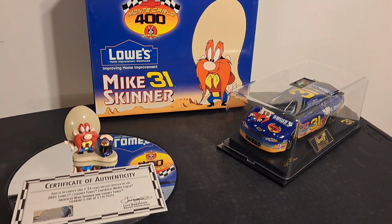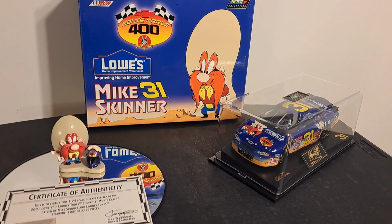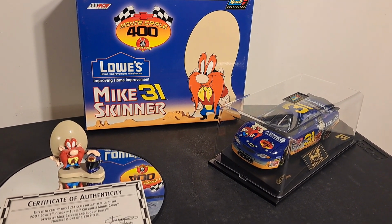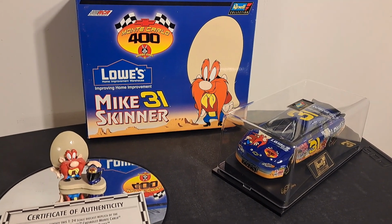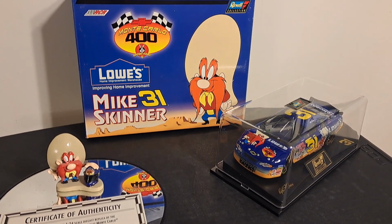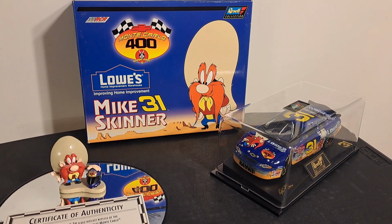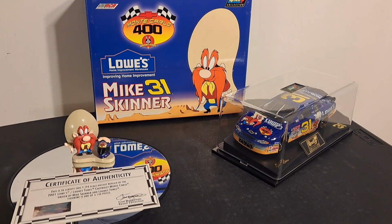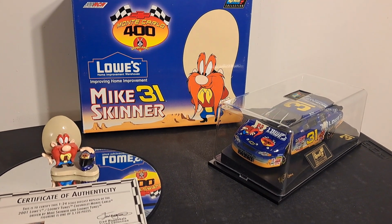very successful. In fact, in 2002, the following year, they had what they called, I guess, Revenge of Looney Tunes, or something like that, whatever it was. The following year, they had another Looney Tunes collection, and then I think a couple years after that, they had a third, so they milked Looney Tunes as much as they could for several years. But anyhow, this was the original set, one of those 7 cars that I have, this being the Mike Skinner